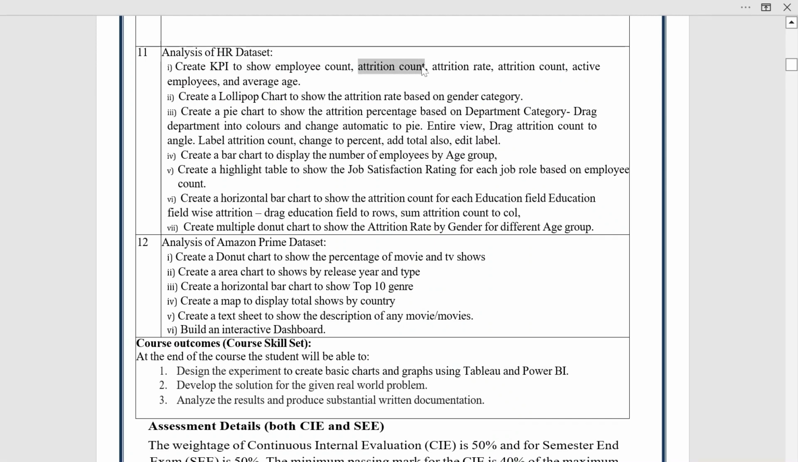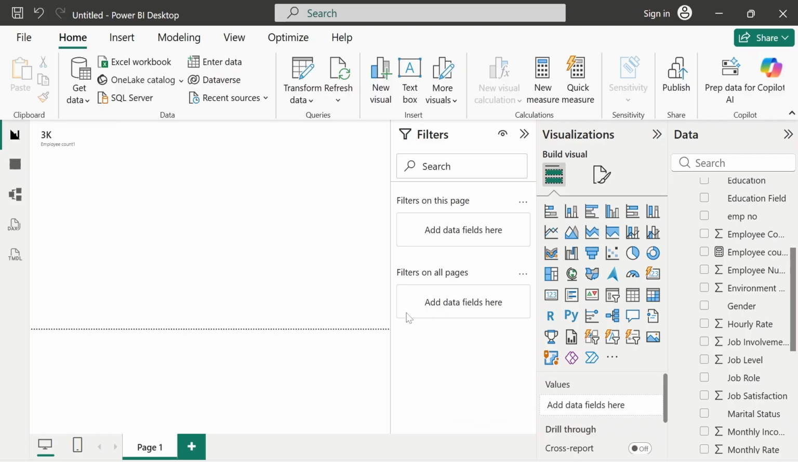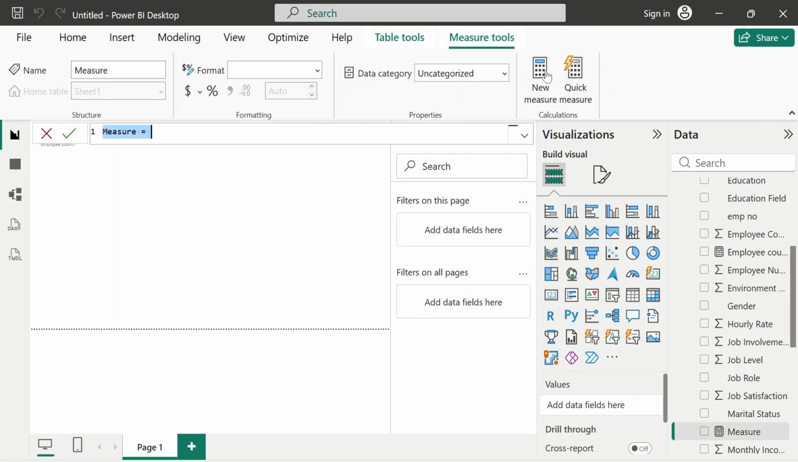Attrition count. Okay, so let's create a measure for attrition count. Again, same process. Attrition count measure. Keep the name as attrition count. What's the spelling? A-T-T, right? Attrition count. So which is equal to